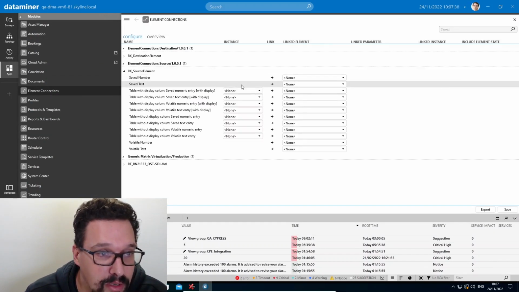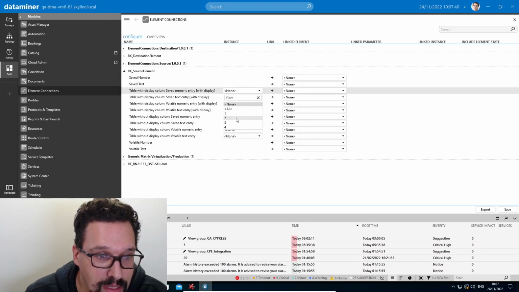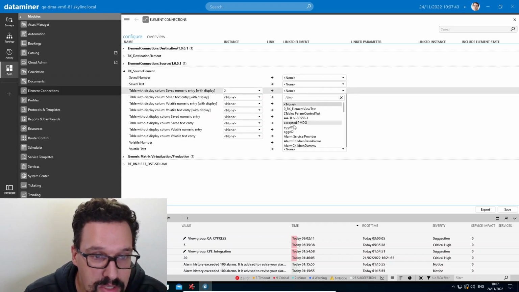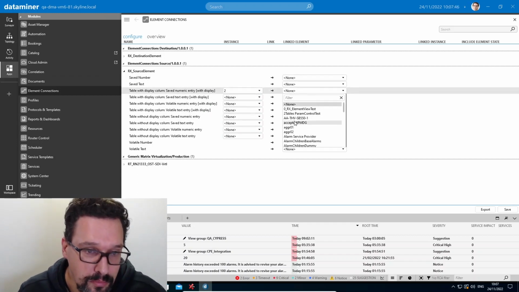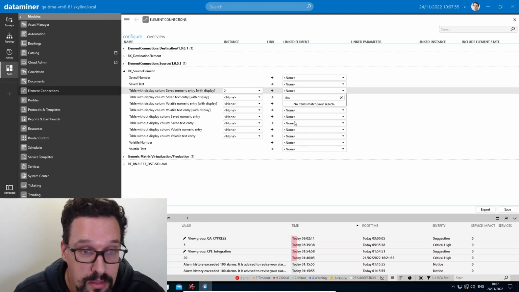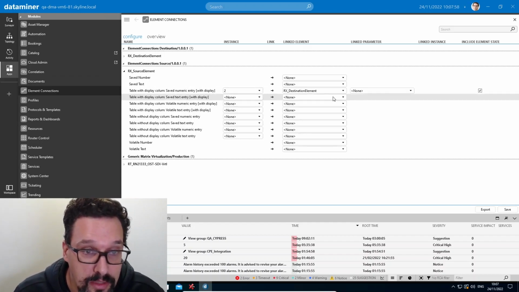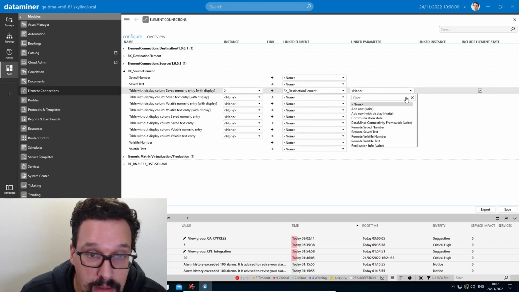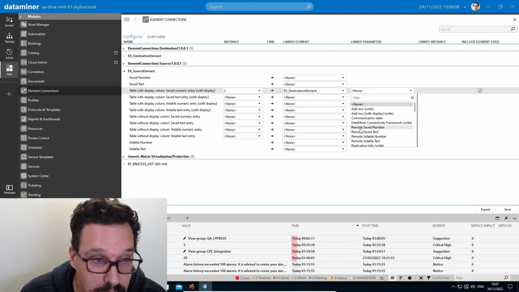And so within our element connections, if we select some stuff, so our destination element, okay, remote saved number,